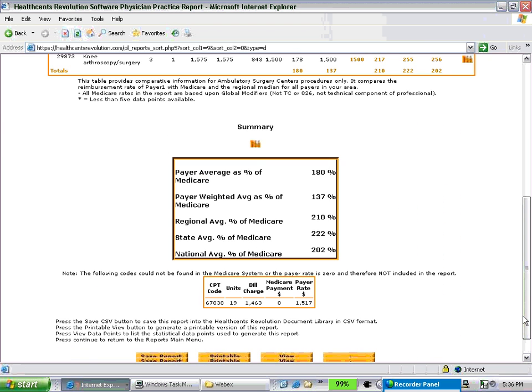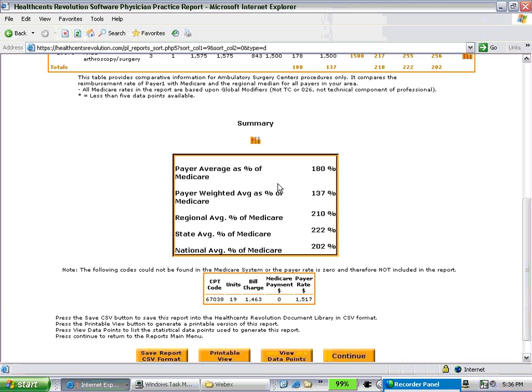And you can also go to the bottom and get your summary that tells you for all codes combined what your average and weighted average reimbursement is. And your weighted average reimbursement is based upon a weighting of the average based on 2 factors: the volume, the frequency upon which code is performed per year, and the second is the actual price the payer pays you, or the payer allowable. And you can see in this case there is quite a wide difference between the average and weighted average, and therefore we tend to use the weighted average in general as a more accurate indicator of what